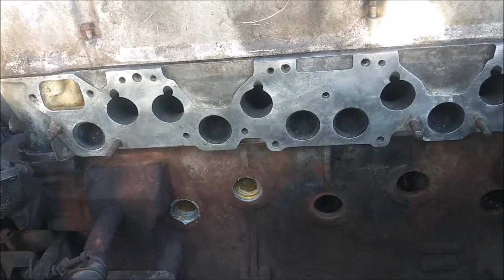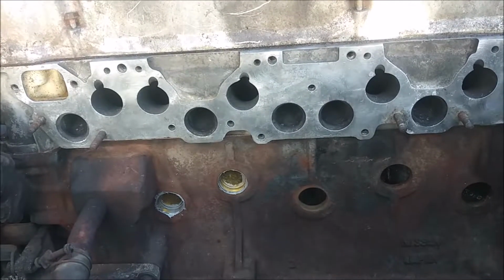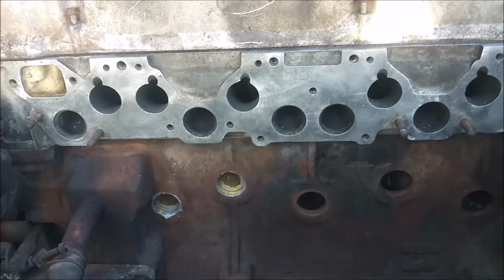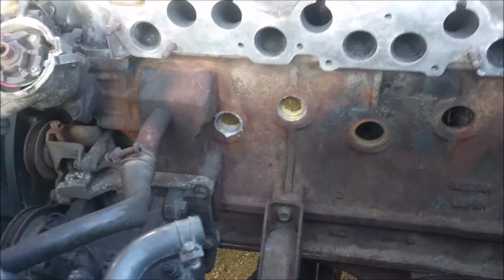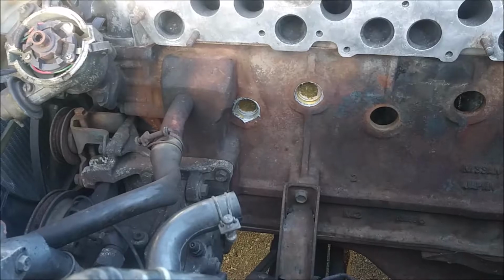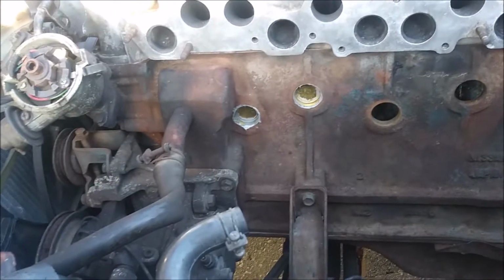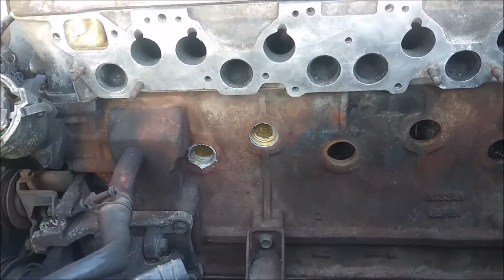So yeah, I decided that if it still overheats and has a problem after all this work, I'm just going to replace this engine. I'm going to see if I can find just a replacement engine, just a regular NA engine. However, if a turbo engine just pops up for sale that's near me, I'll probably go ahead and grab that. But